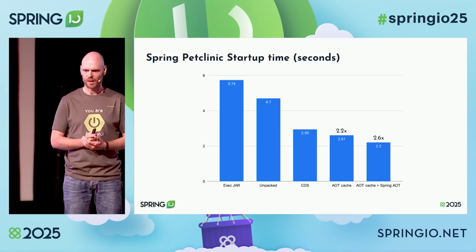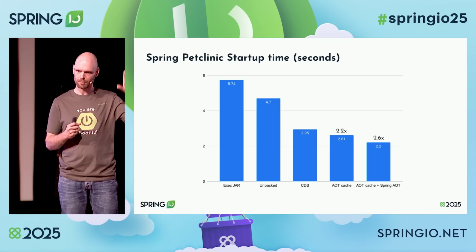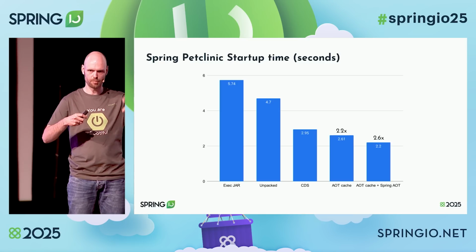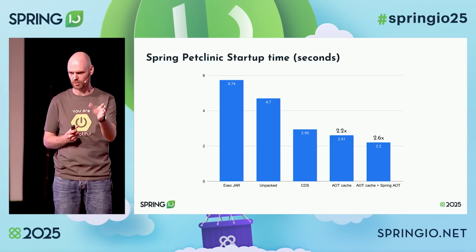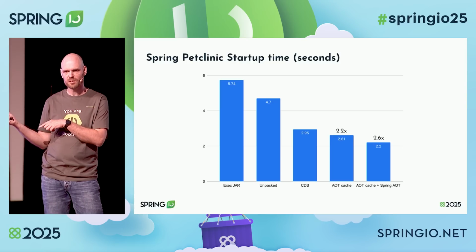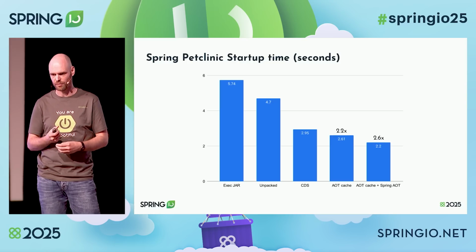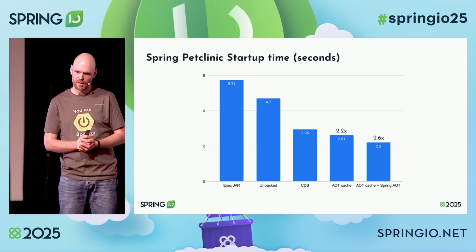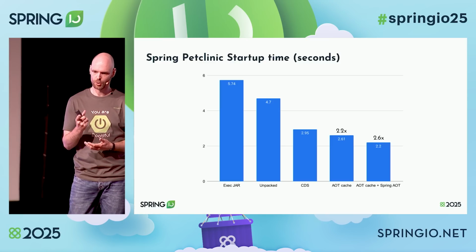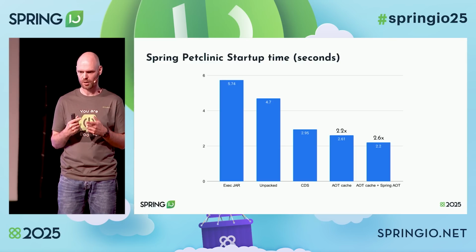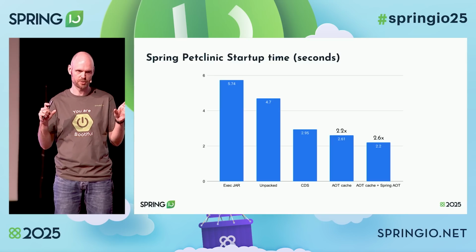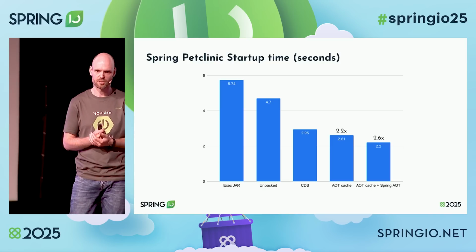And if we take a look at the Spring PetClinic startup time, this time with absolute numbers, not relatives. If you just take the fat jar, deploy it on a machine somewhere and execute it, you are about to start in 5.74 seconds. If you unpack it, it gets a bit faster. If you use the existing CDS support, which is in Java for like forever, you end up in 2.95 seconds. And then you enable the AOT cache, which is the thing which is new in Java 24. You end up in 2.61 seconds, which is already a startup performance factor of 2.2x, right? Just by doing a small training run, enable AOT cache, use JDK 24, and your application starts 2 times faster,